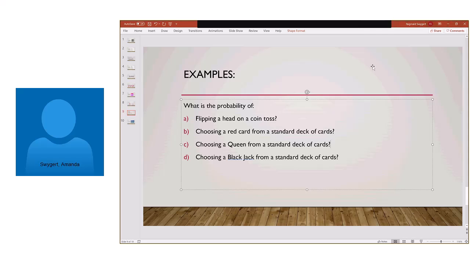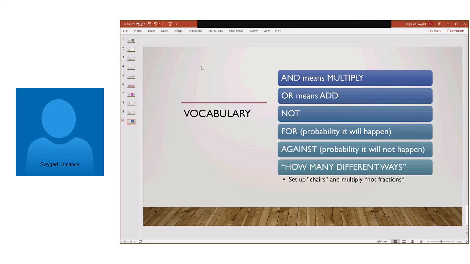Now, we answered all with fractions, but you could take all of those and change them to decimals or percentages if you needed to. Obviously, the 1/2s are going to be the easier ones. You could answer those as 50% or 0.5. Anything else, I go right to the calculator, type it in as division, and see what that turns out to be. Okay? All right, so let's look at some key vocab.